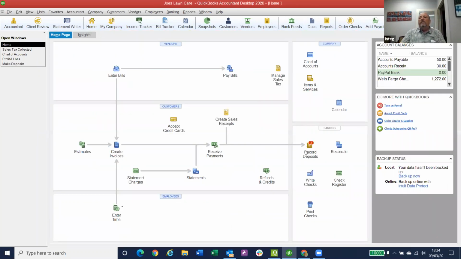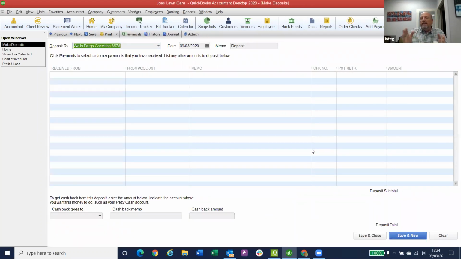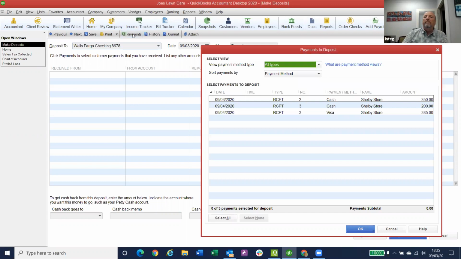Okay. Now it's showing there's 3 things in undeposited funds because I just put 2 more out there. So if I click on record deposit, and this happens in QuickBooks, sometimes when you click on record deposits, I'm expecting it to show me what's sitting in undeposited funds, but this has been like this ever since I started working with QuickBooks. Sometimes it misses it, and if you click on payments, it will bring it back. If you click on that little button that says payments, it will refresh and show you what's in undeposited